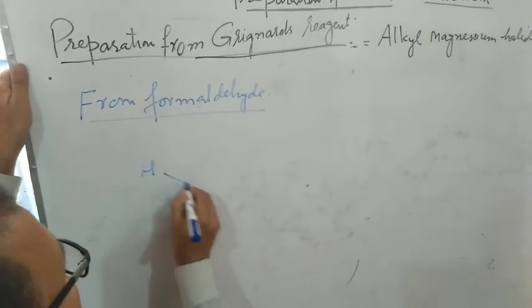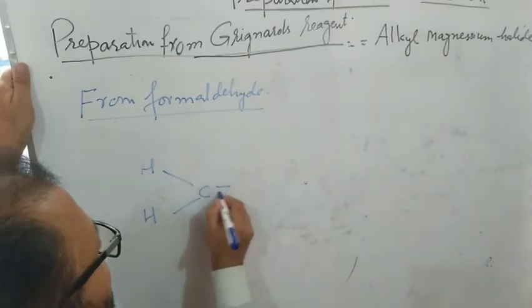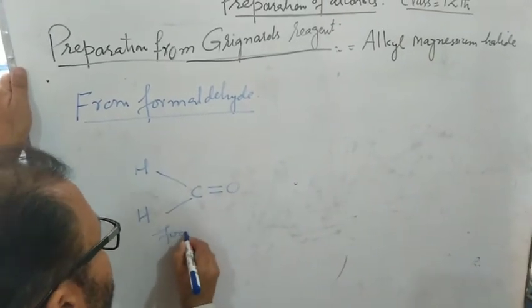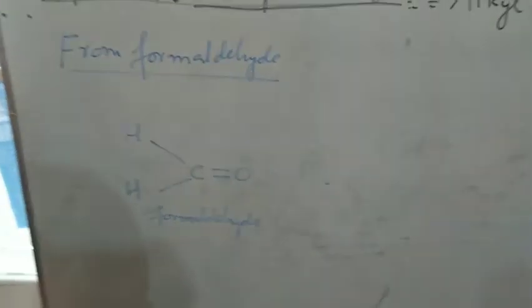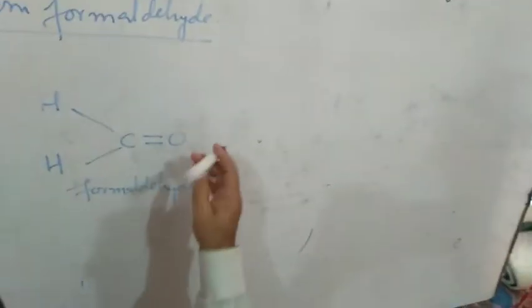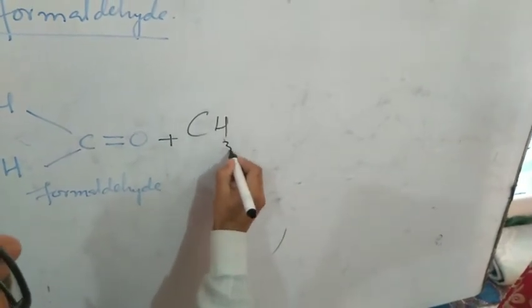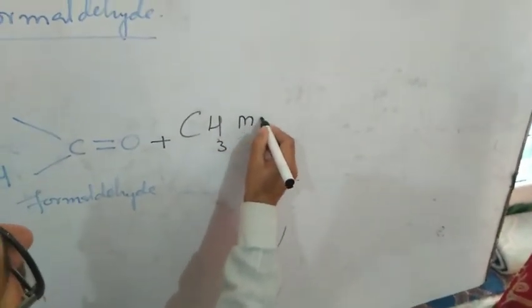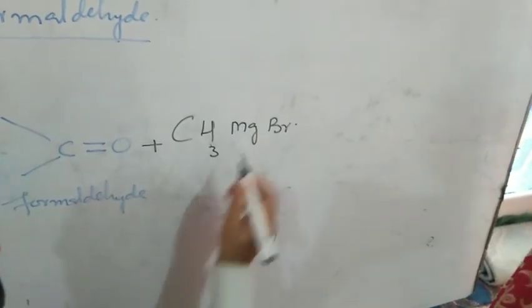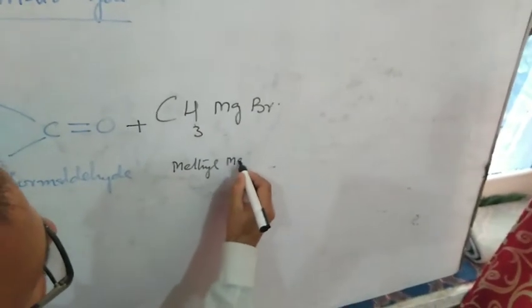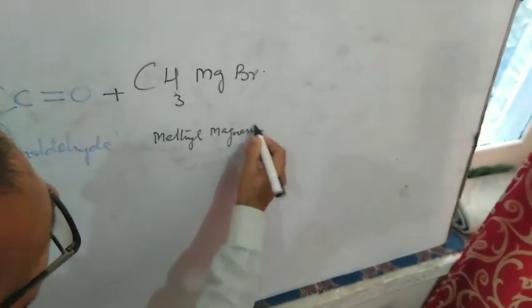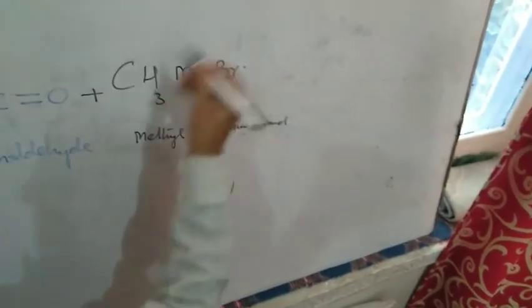Now this H, formaldehyde, plus Grignard's reagent, it is methyl magnesium bromide. We can write ethyl also. I have taken methyl here. Now gives